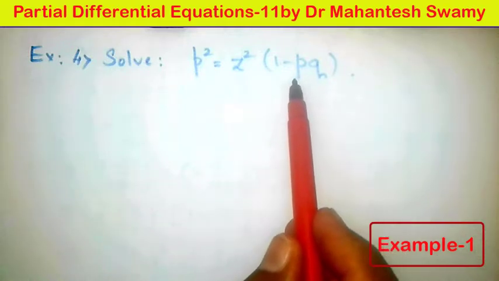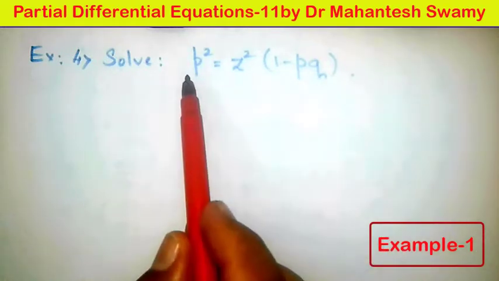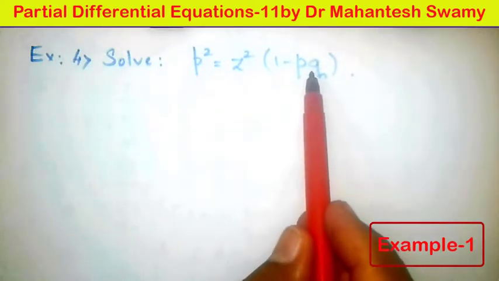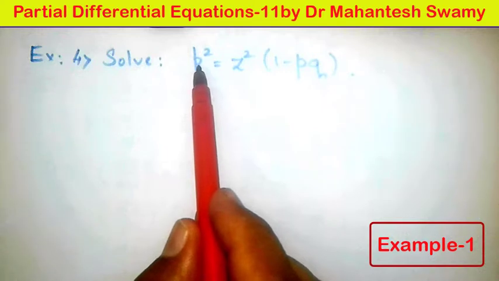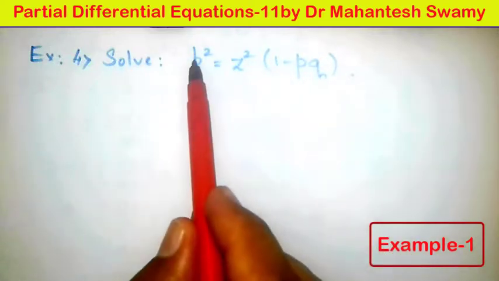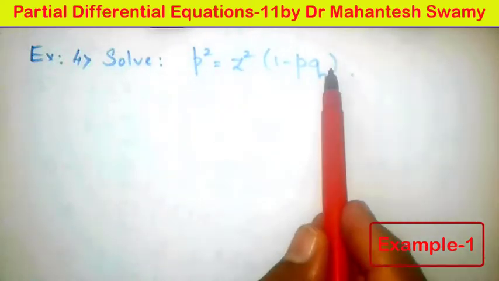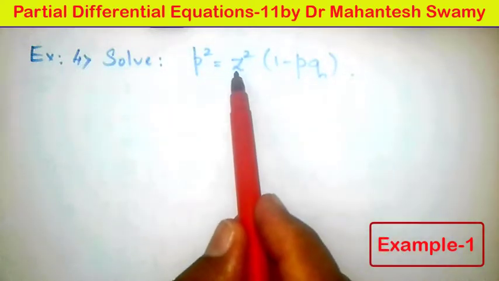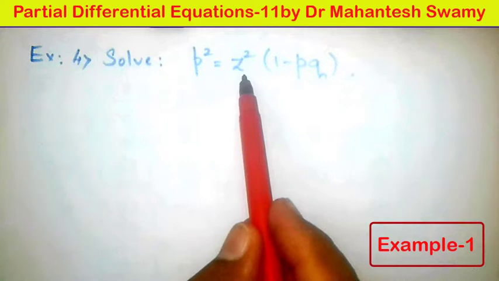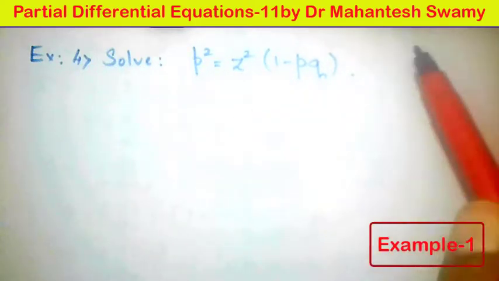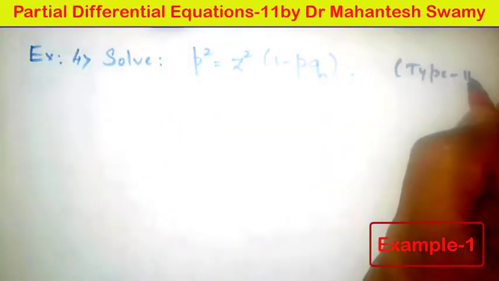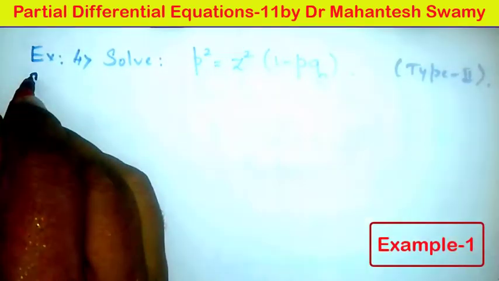We can observe here that the terms p into q and p squared, even the term z squared, all make the differential equation non-linear, and since the terms are dz by dx and dz by dy, they are of first order. Therefore the differential equation is a first order non-linear PDE, and it contains only z, p and q terms. No x is there and no y is there. Therefore this is of type number 2. We have to identify that in the beginning, and after identifying that, let us go for the solution.